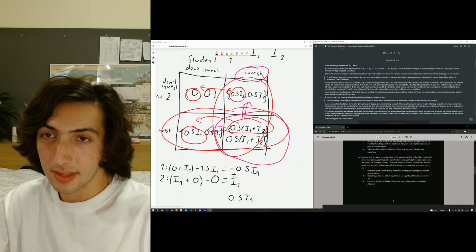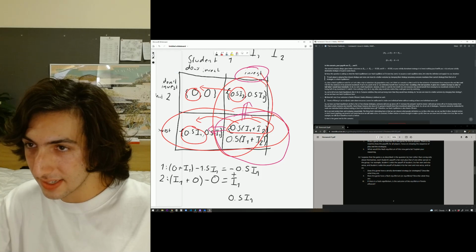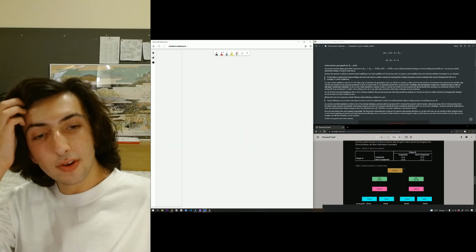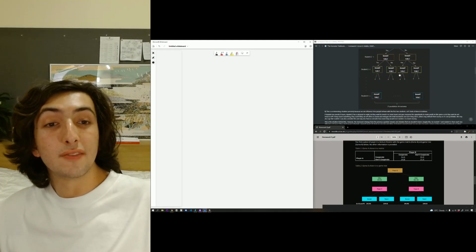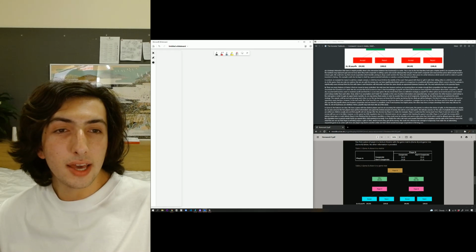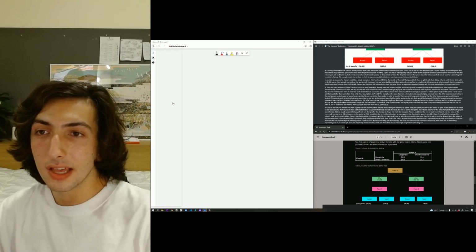All right, let's move to the side, and move on to question 2. Now, question 2 is a bit more open-ended. You're asked to give an example of what it could represent. Now, what I did was a little novel.